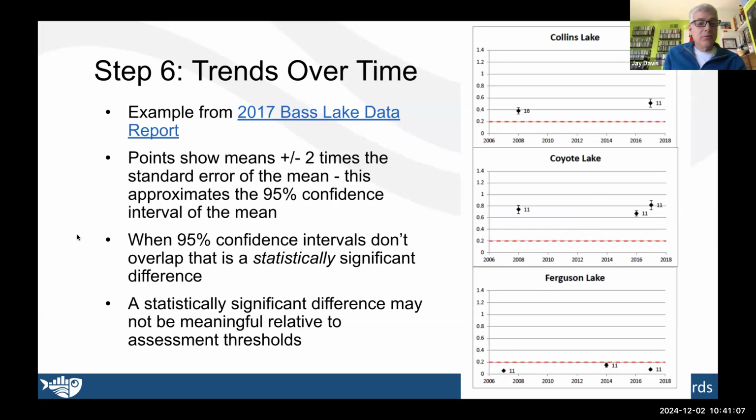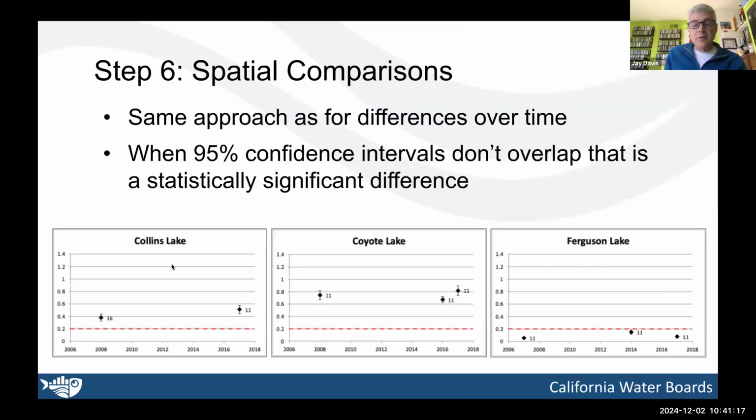So these are two different ways you can interpret your data, whether comparing to objectives or comparing to other time points. Another thing you can do is compare spatially, which I'm just rearranging those same lakes to do the spatial comparison that I was talking about, where you can see Collins Lake and we can compare these confidence intervals of these means to see that Collins Lake is